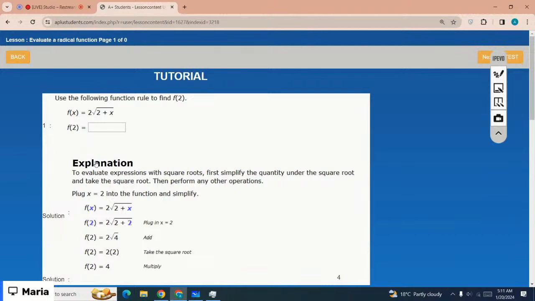When you replace the x with 2, just look at the example. f of x equals 2 square root of 2 plus x, right? So replace the x with 2, so that is f of 2 equals 2 square root of 2 plus 2. 2 plus 2 is 4, right? So square root 4 equals 2, because 2 squared equals 4, and square root is the opposite of square. So that is 2 times 2, so f of 2 equals